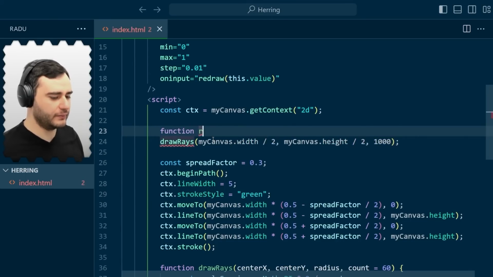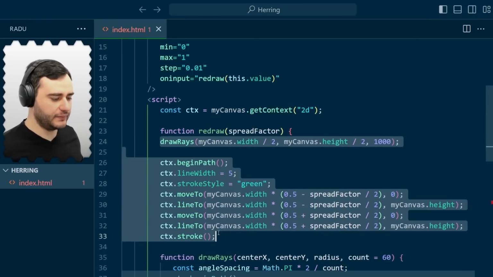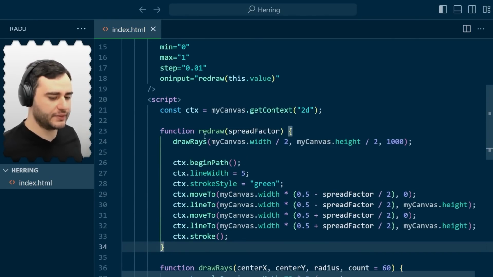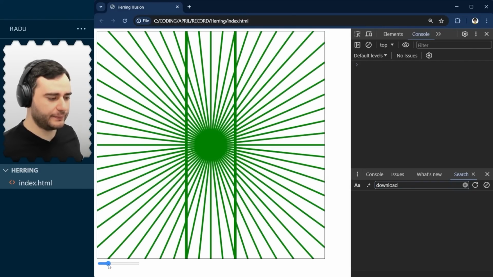So function, redraw, and the parameter here is this spread factor now. That means we won't need this one here anymore. And all of these I'm going to align to the right and close the function like so. Now if you save and refresh, you will see the slider appearing here. The page is empty, but if you move the slider a little bit,